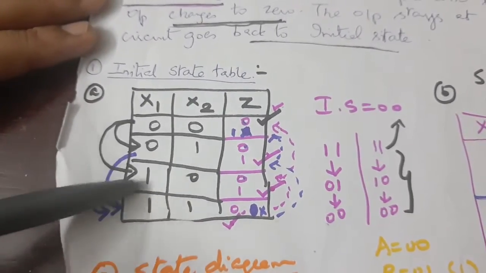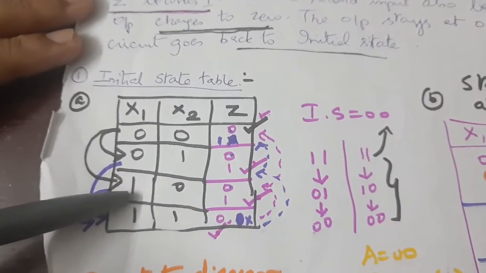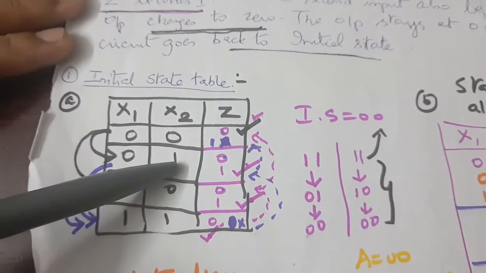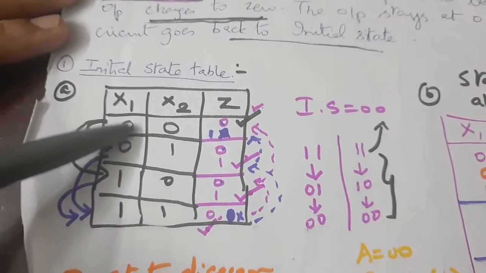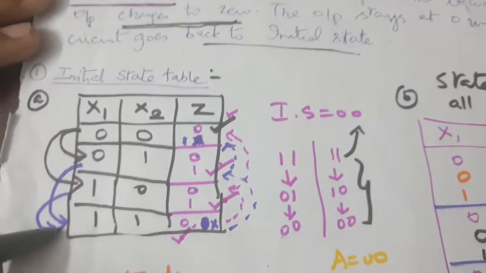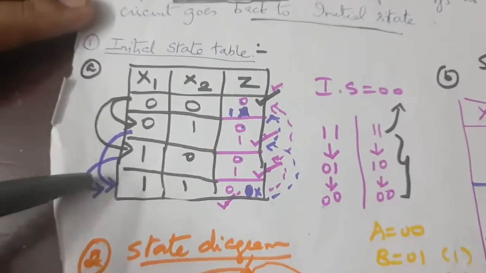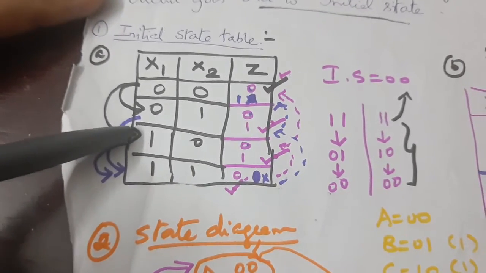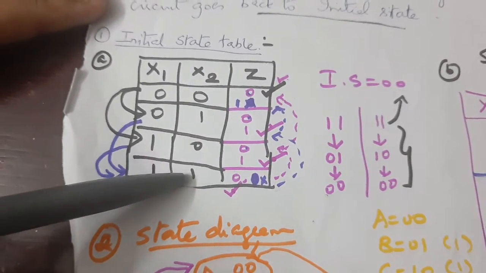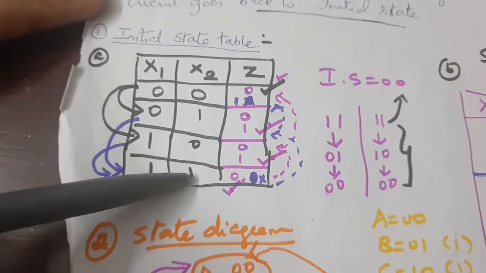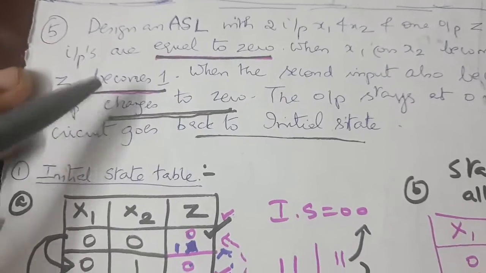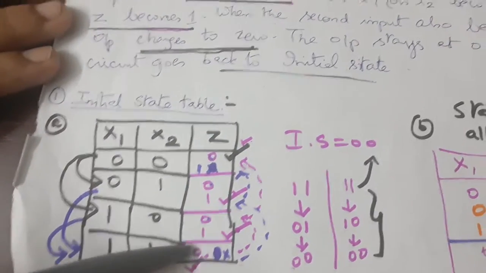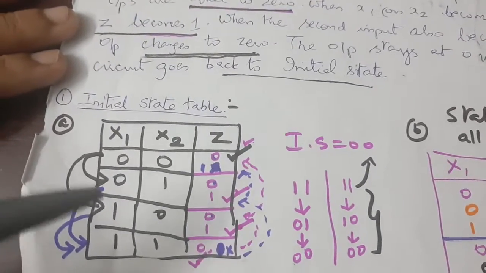Then after these have arisen, if I am taking x2 as 1, in the third condition the second input also becomes 1. So it is moving to 1, 1. The violet color indicates that it is moving to the 1, 1 state. Or if input x1 is 1, the second input will turn to 1. In this condition, the output is going back to 0 itself. So 0, I made a tick mark. 1 is not possible.